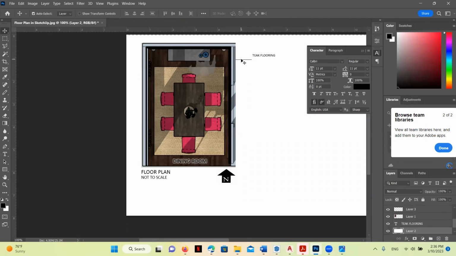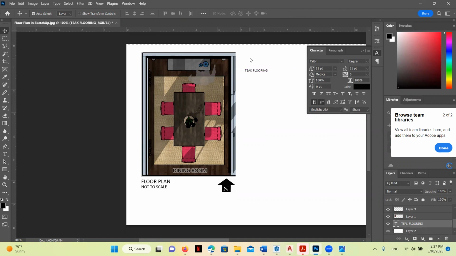Now we need to move this over first because remember that leader line's a little bit long. We want to make sure the leader lines are as close as possible to the drawing itself just for increased clarity, and then shift and align, and any notes and leader lines can come there.